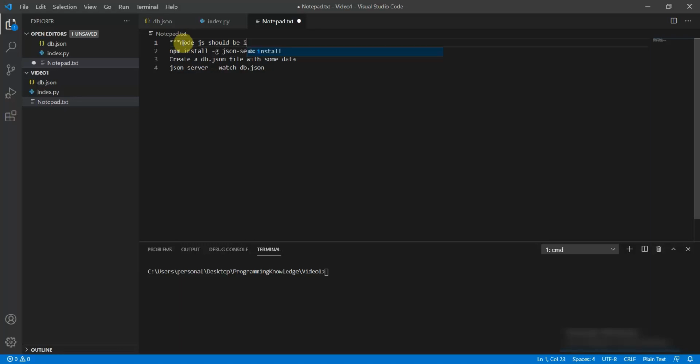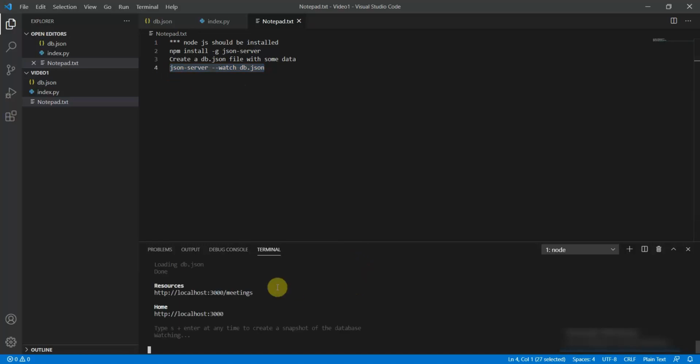Okay. So then only you can run the npm command, and then you can run this package. Node.js should be installed, and you can install Node.js from the official website. Then I have to type this command: json-server --watch db.json. So let me copy and paste this command, and you can see that it has created a REST API, basically